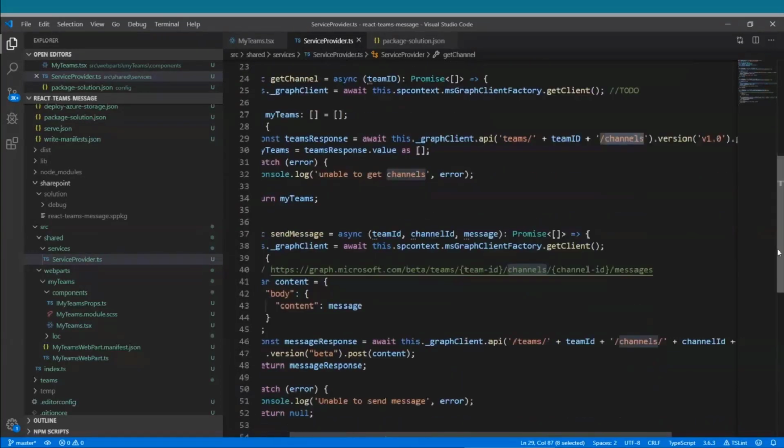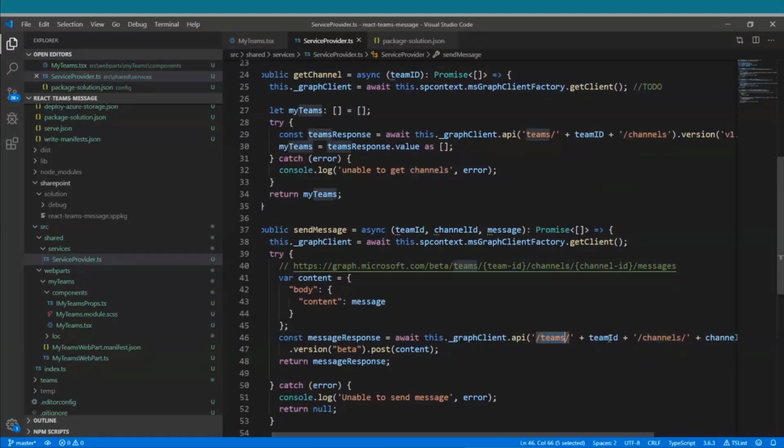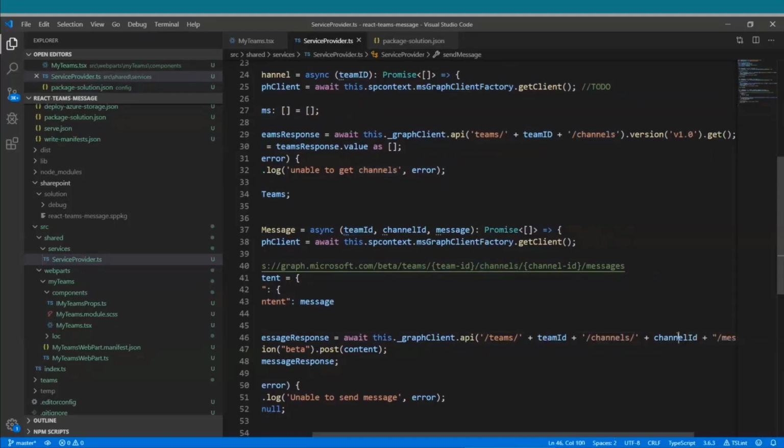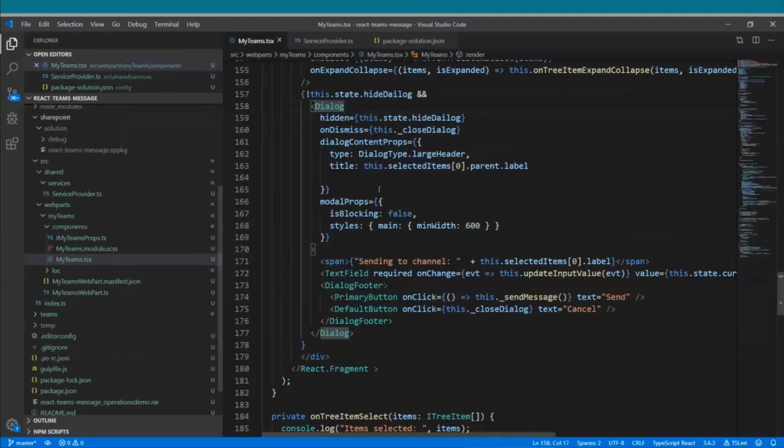And now, within a channel, we have to send a message. So the endpoint is teams, then we pass the team ID, then channels and the channel ID. Depending on the user's option, where he has selected a particular channel, the pop-up opens, the channel ID is passed here, and the message is posted to Teams. So this is about the endpoints which are being used.